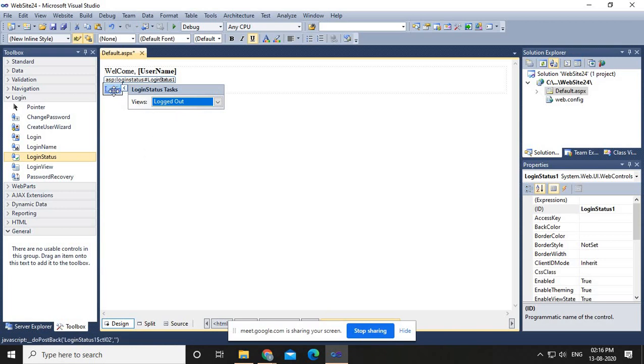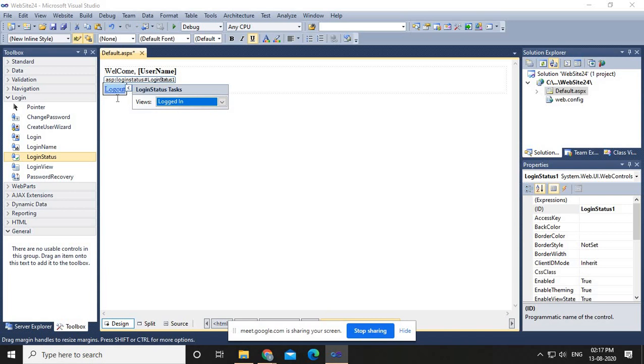See, it shows a hyperlink kind of thing with the word "Login" written in it, and this is shown to logged out users, right? Those users who have not done the login are called logged out users, or we can also say that type of user is an anonymous user or visitor. So to the visitor this link shows Login, and for a person who has already logged into the system, who passed through the authentication process and gave a username and password,